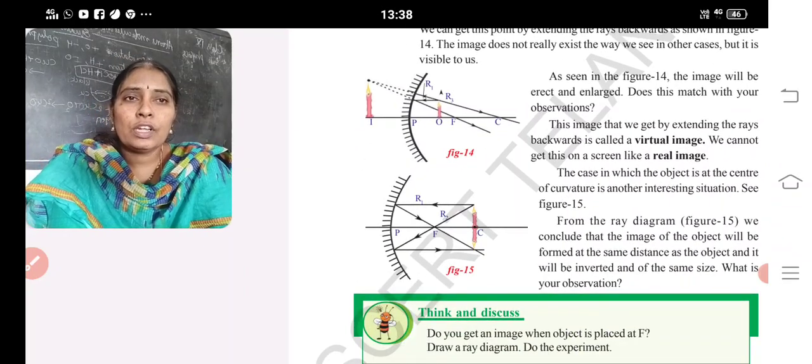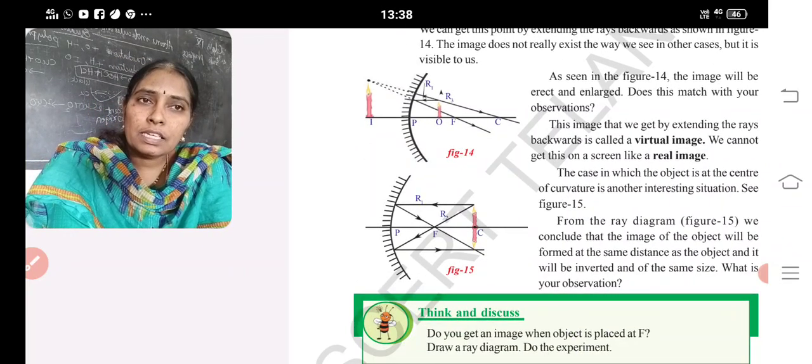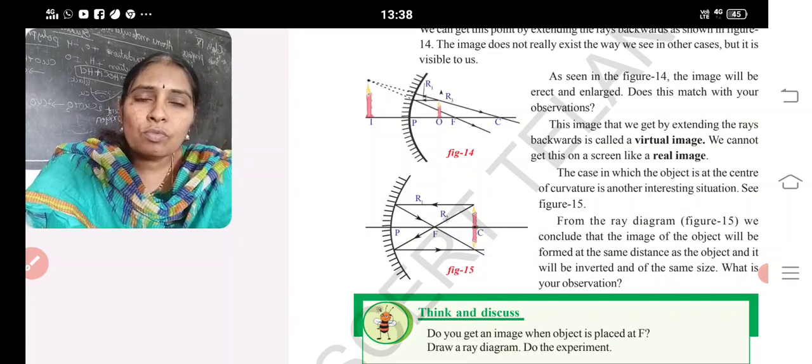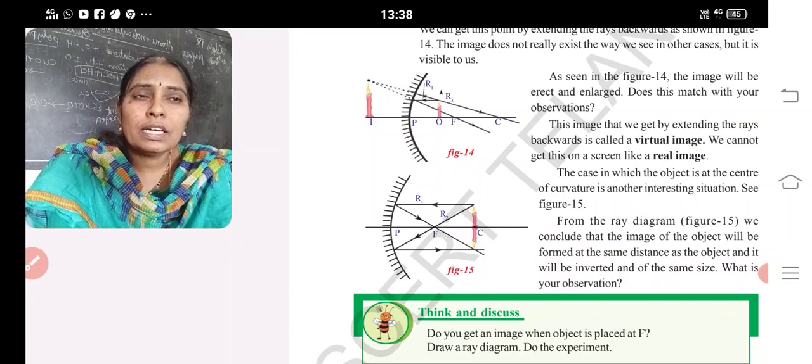Third situation, when the object is on C, where will you get the image? On C only. How will be the size of the image? It will be the same. And what is a virtual image? If it cannot be caught on a